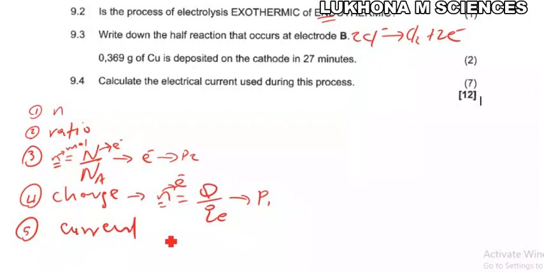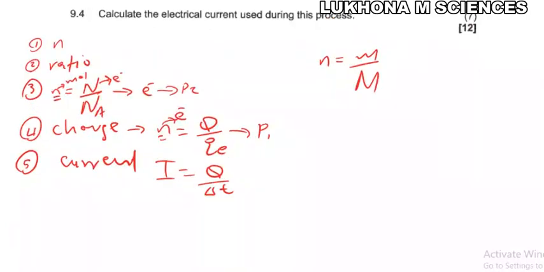So we can calculate the current using I is equal to Q over delta T. So I is the current. Now let's answer the question. Step number 1, we're going to calculate the number of moles here. So number of moles, n is equal to m over capital letter M. Okay, so n is equal to